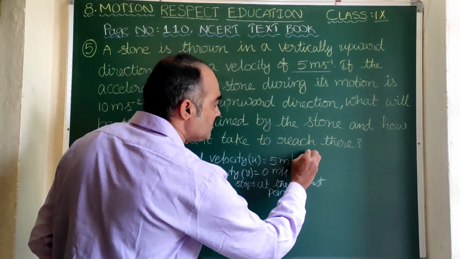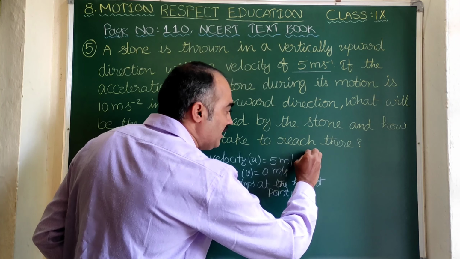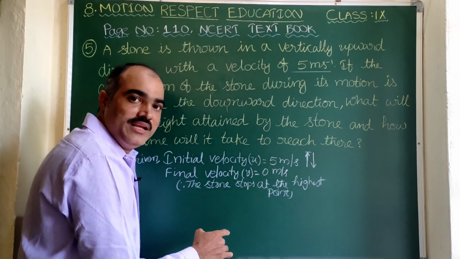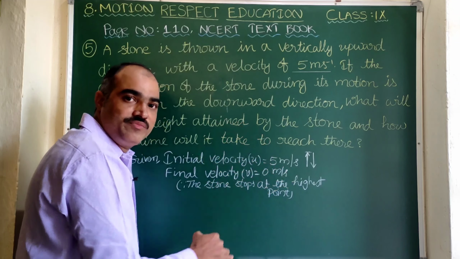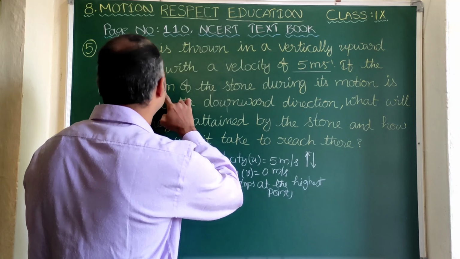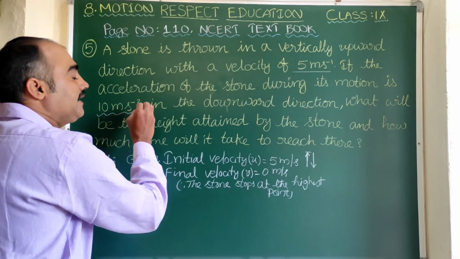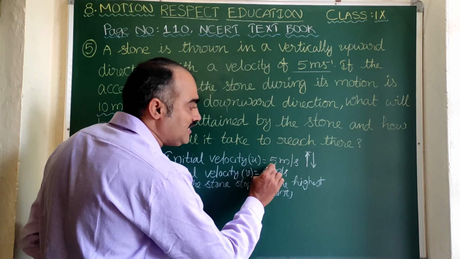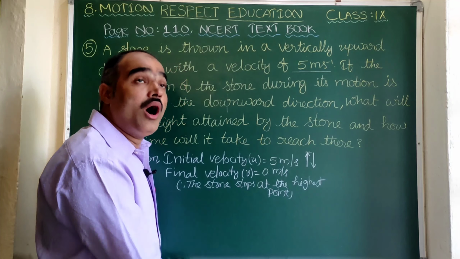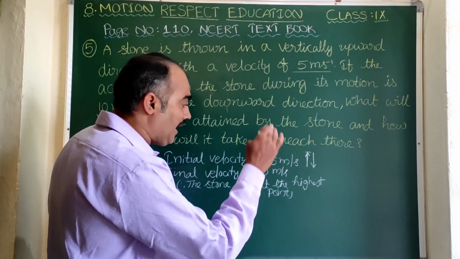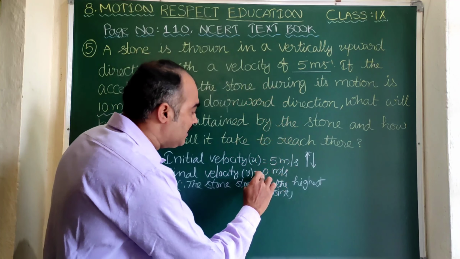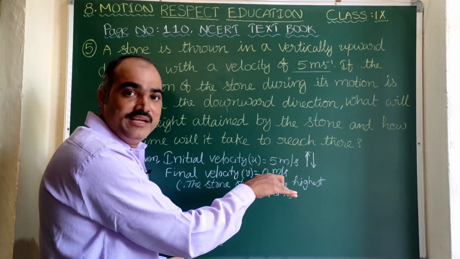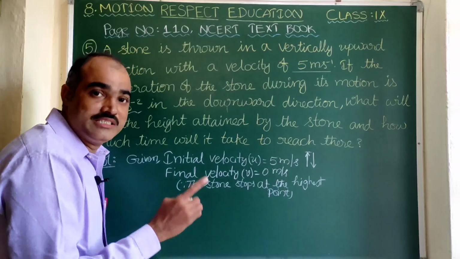So here when it is going in this way, its initial velocity is 5, final velocity is 0. Here velocity is getting reduced, so this acceleration value can be taken as negative. The reason is that initially we have given some velocity, that is 5 meter per second, to the stone to go up, to throw up. So at the highest moment, the final velocity will become 0. That means here the velocity gets reduced. In that case acceleration becomes negative. This is one of the reasons.